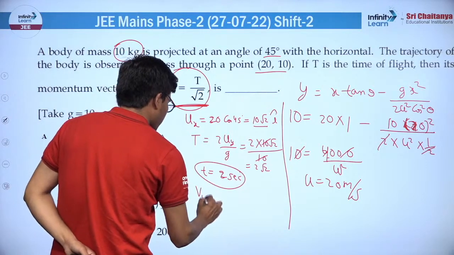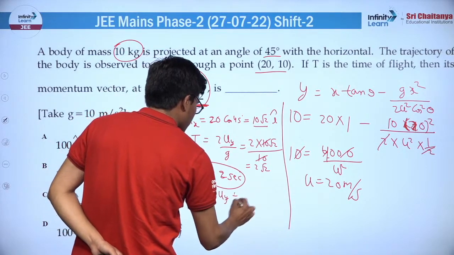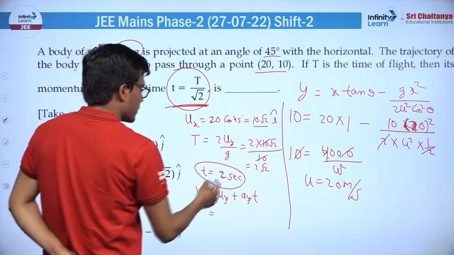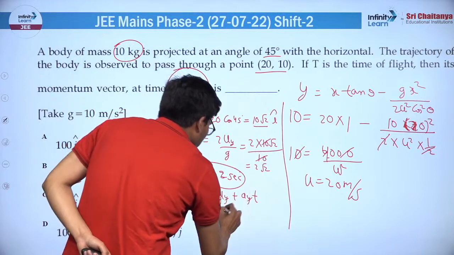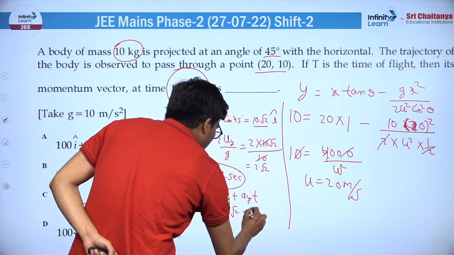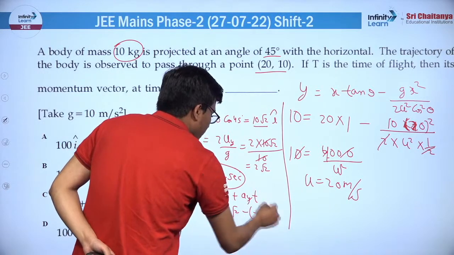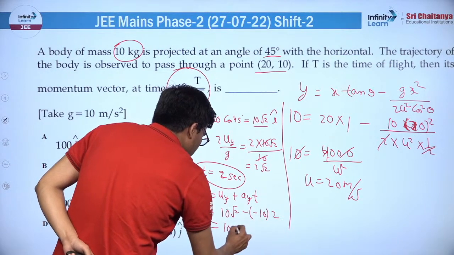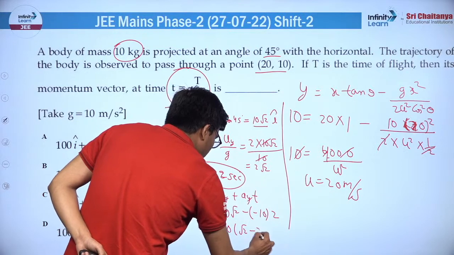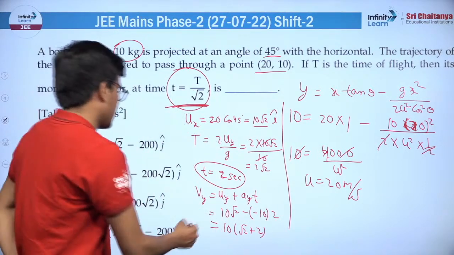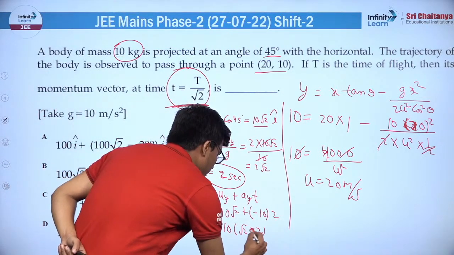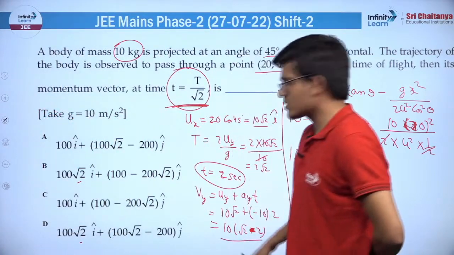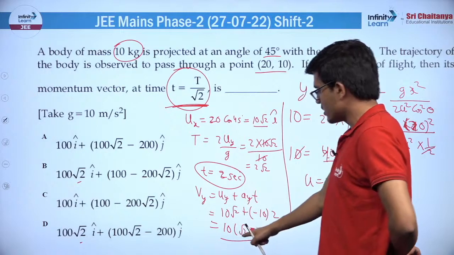So at 2 seconds I can write the velocity in the y direction is given by uy plus ayt. Uy is 10 root 2, which is equal to ux. Acceleration in the y direction is g, that is minus 10, time is 2, so it will be 10 root 2 minus 2, not plus 2, yeah. If you multiply this with the mass, it will be 100 root 2